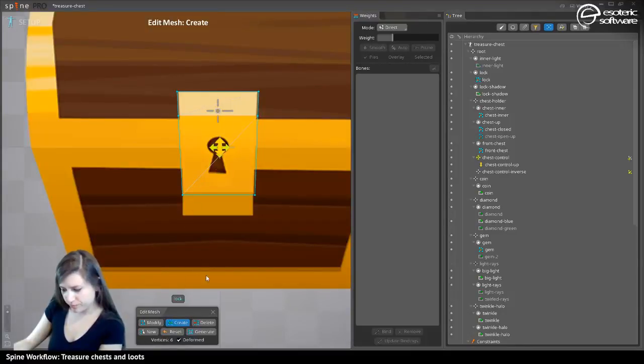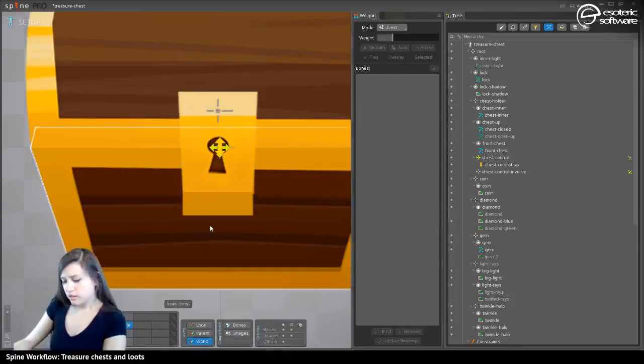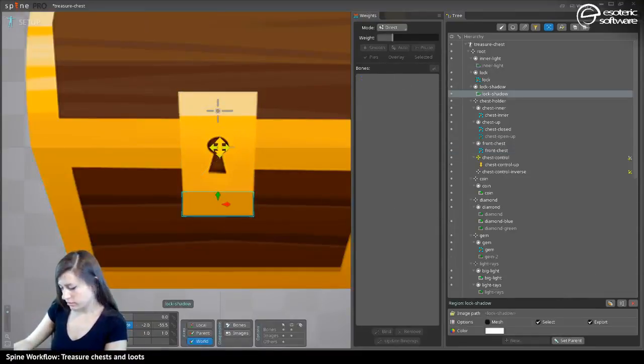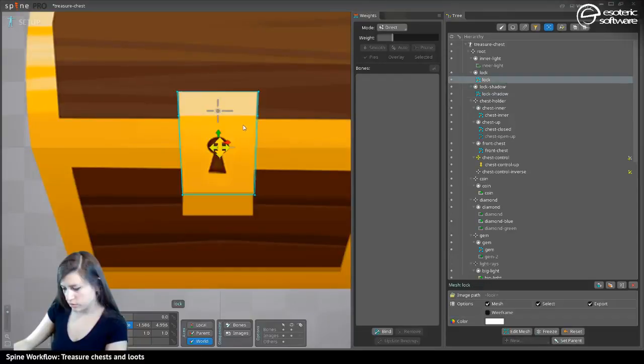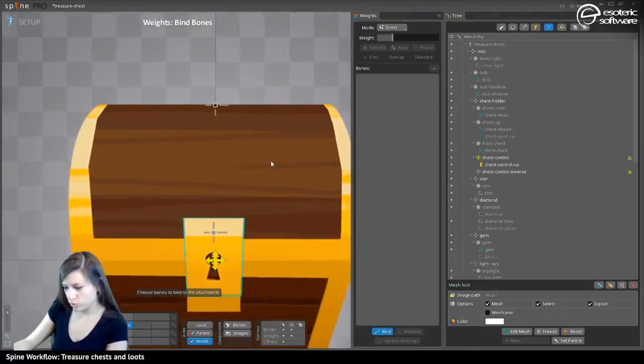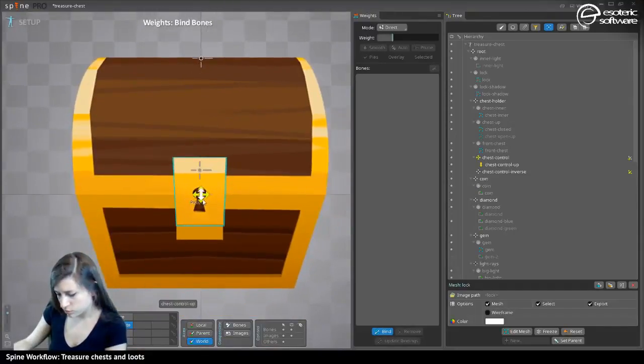Then, okay, I finished this. I'll also create a mesh for this, and I'll bind this to the control here and the inverse. Okay,